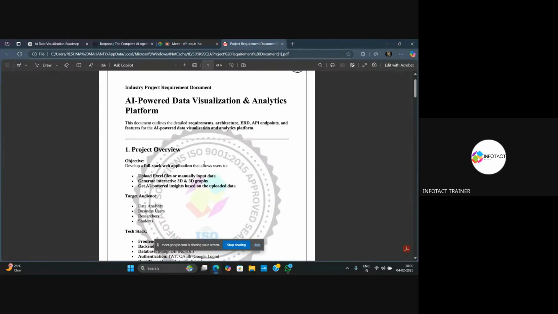Uploading an Excel file or manually inputting data. We'll be generating interactive 2D and 3D graphs, as well as getting AI-powered insights based on the uploaded data. Now, assume you have provided some data in the Excel file on our website that we'll be developing. Got it? And what the AI will do is provide you with some insights, such as the trend analysis of the data that we have provided to the website, as well as